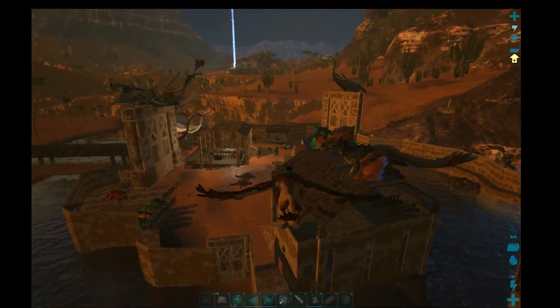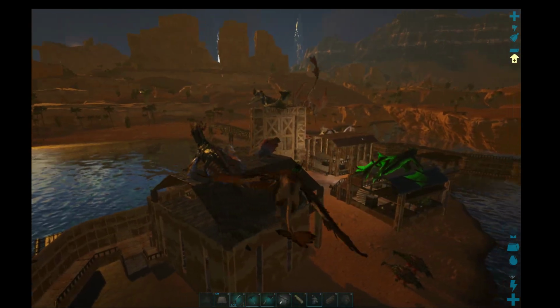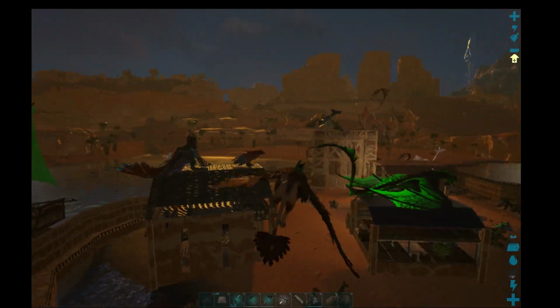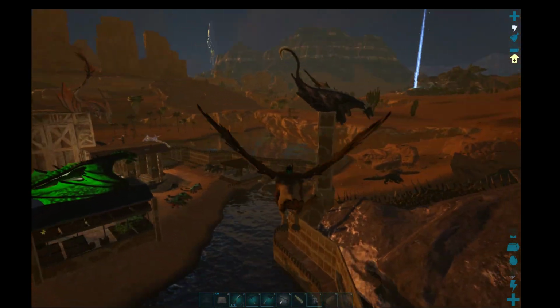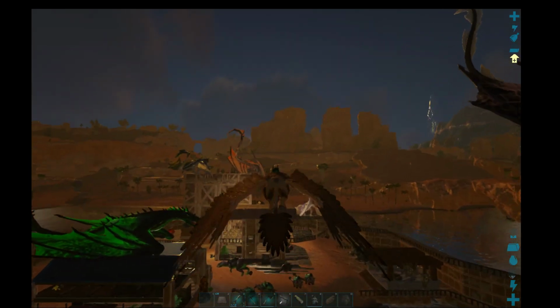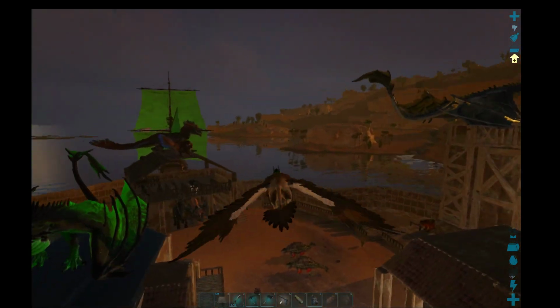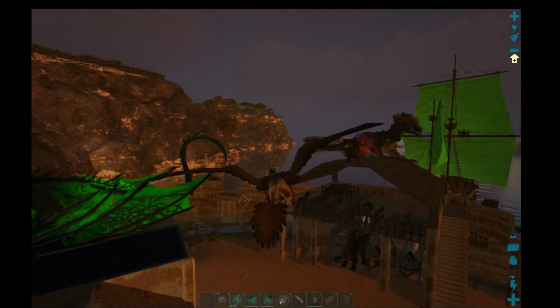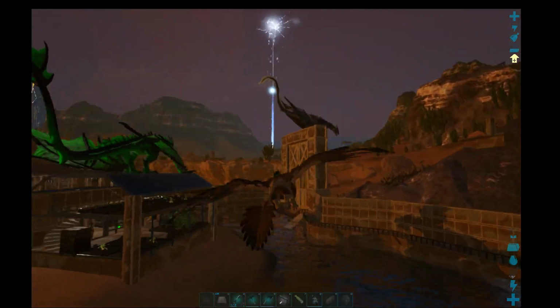We added our roof to our dino storage or barn, and yes, we do have a rock drake, and that is thanks to Zach. He had an extra one, so we grabbed a hold of it. As you can see, we have a couple of Ankies. We did a hatching earlier, and so we got a couple set here for the